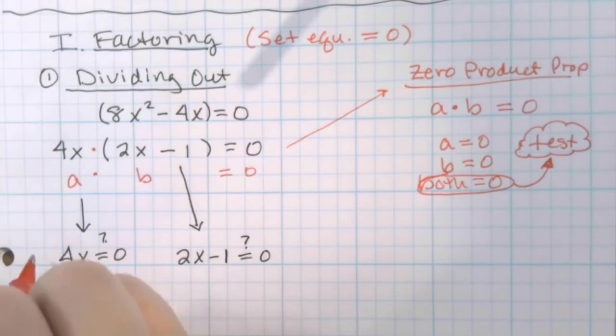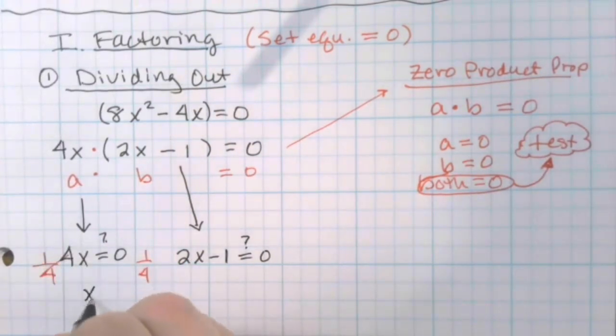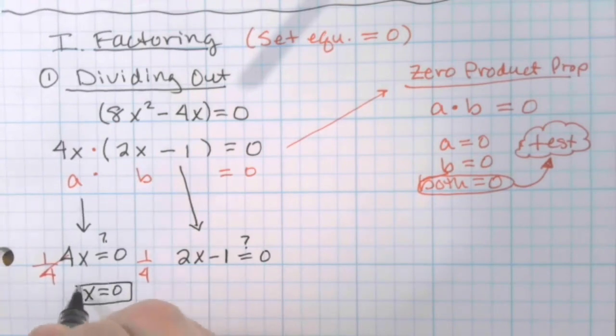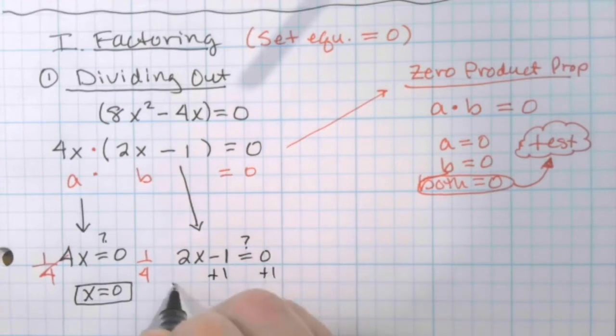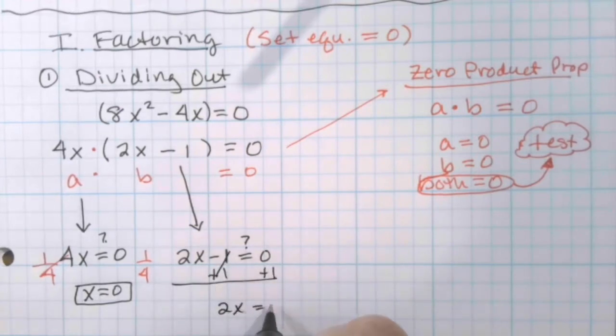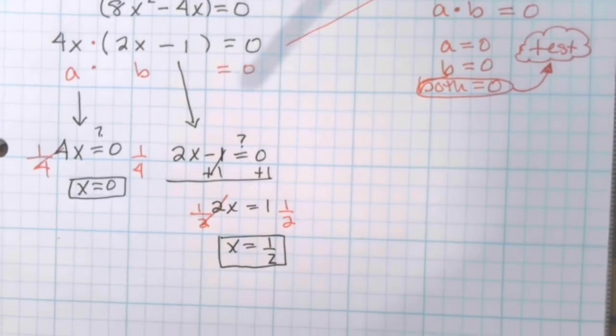So on the first one, we multiply both sides by a fourth, and x would have to be 0 for a 4x to be a 0. Now the next one, add 1 to both sides. You get 2x equals 1. Multiply both sides by a half, and you get x equals 1/2. If x is 1/2, then this second factor would give you a 0. So that is factoring by dividing out. Okay, number 2,